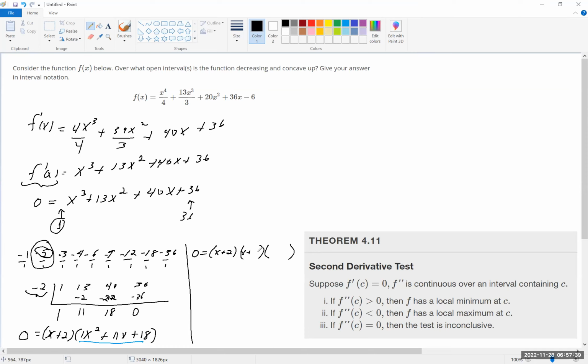So x plus 2 and x plus 9. And so we're able to factor it this way, and then determine that x equals -2 and x equals -9 are critical values. Okay, so with that said,